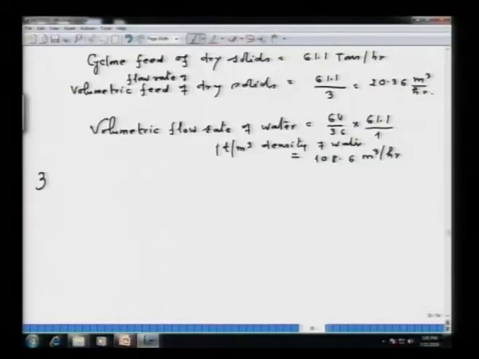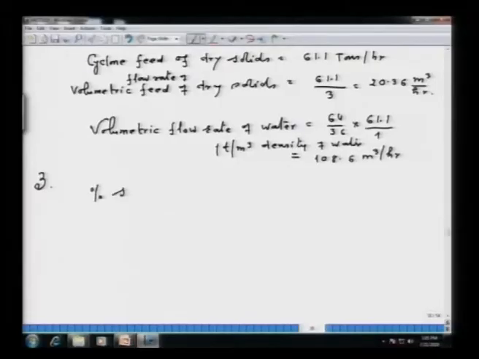Now, let us take problem number 3. Problem number 3 says you have to find out the mass flow rate of feed to the cyclone. Here a clue is given: a 3 liter sample of underflow takes 4 seconds. Why is this given? Because from this value you can find out the volumetric flow rate of underflow. Now, before we do that, you recall I have given the derivation for this type of problem. So, what will you do?